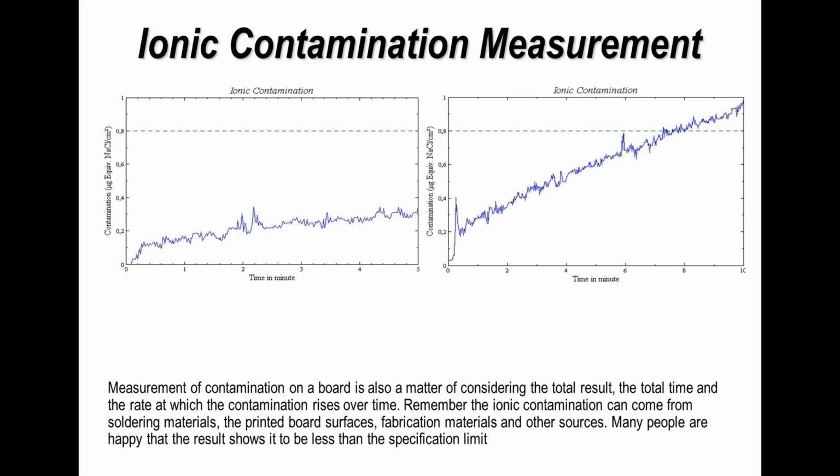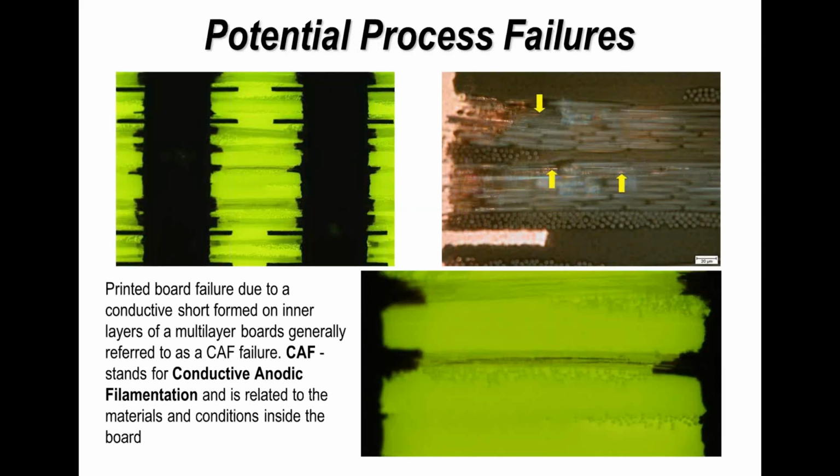Cleanliness assessment today is quite important, particularly for boards that are going to go through a no clean process and possibly also going to be conformally coated. You don't want to start off with a board which has got high levels of contamination and then you add to it during assembly. Now another failure mode which wouldn't necessarily be detected until you actually had the failure,